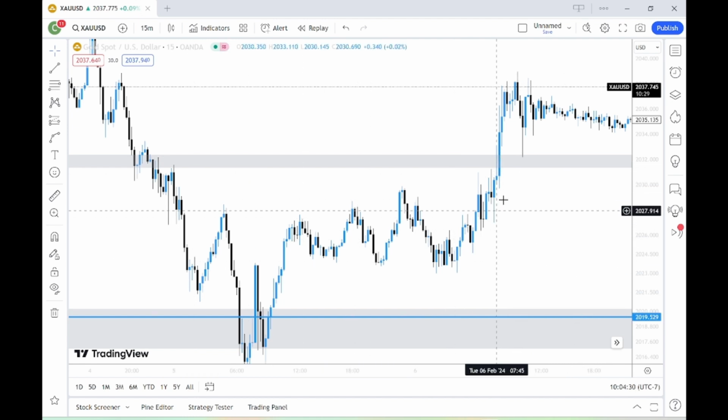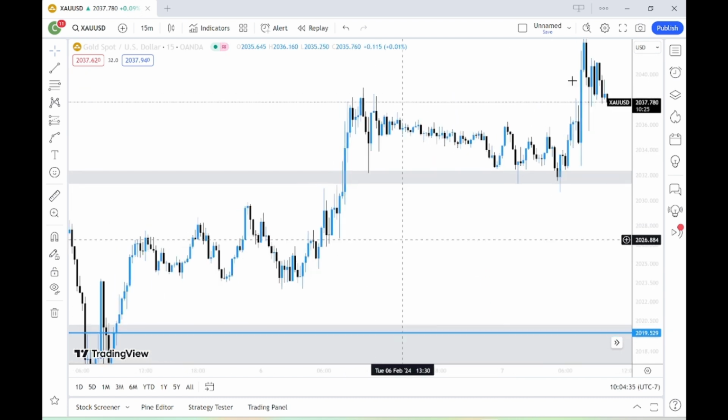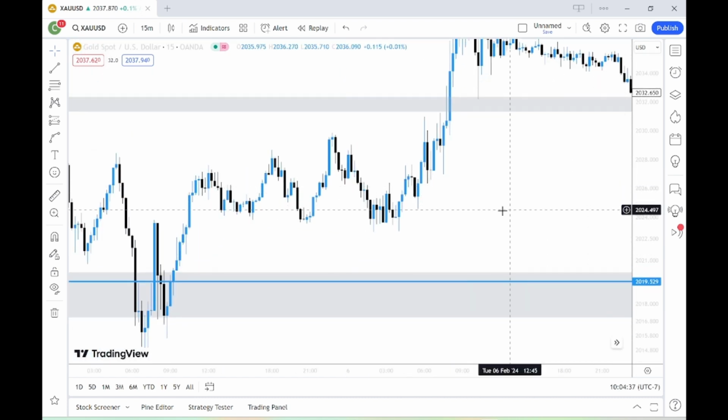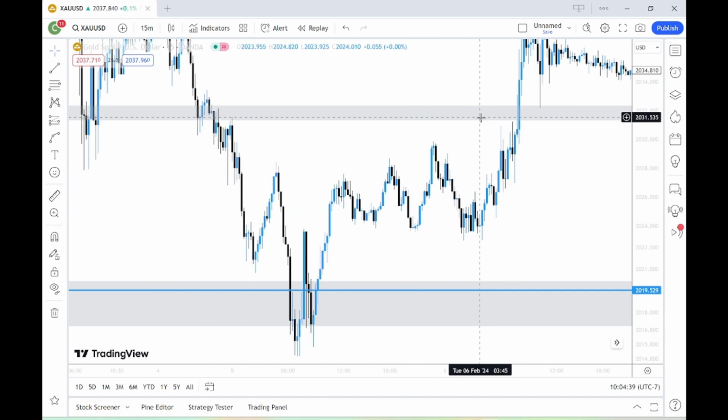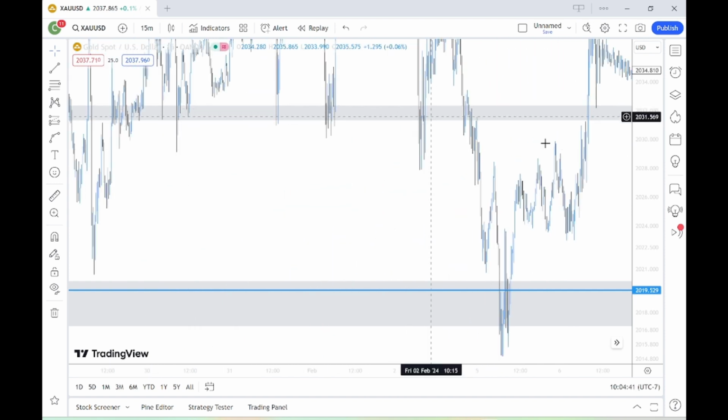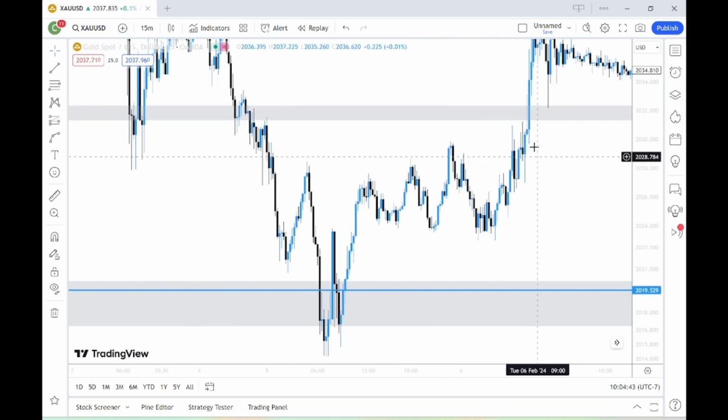We break through, come down, retest as support, and then we move up. But the point I'm trying to make is the price action leading up into this key level. If we think, oh, it's the key resistance, we have to short it because it's going to respect the zone and move down,